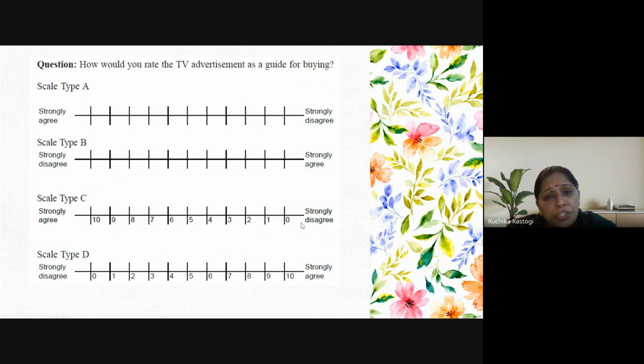But my question is, whenever we are about to ask these kinds of questions, how do you rate the TV advertisement? We are generally so confused. How can we ask this question? And we can ask this question because we have only one variable. We are only asking about the advertisement. It is also a variable. Sometimes the advertisement influences the respondents very much. Sometimes it doesn't. So its impact keeps on changing. So you are measuring the advertisement, only one variable, and you can use this method.